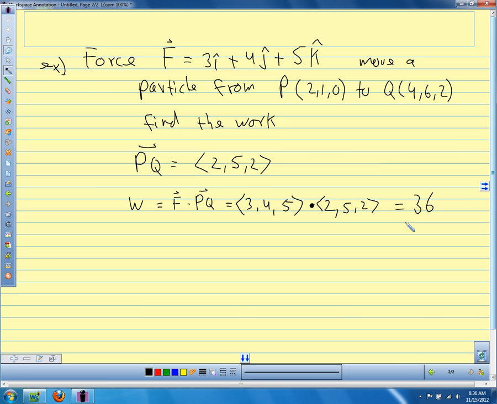So our units, in international units, our units of work are Newton meters or joules. So our force is going to be in newtons. Usually our distance, our magnitude of our distance is going to be in meters. It could also be in some other units, but the most common units in international units are Newton meters or joules. In imperial units,